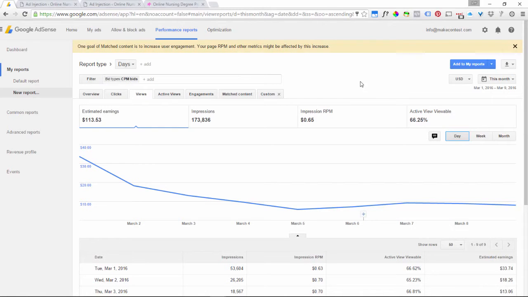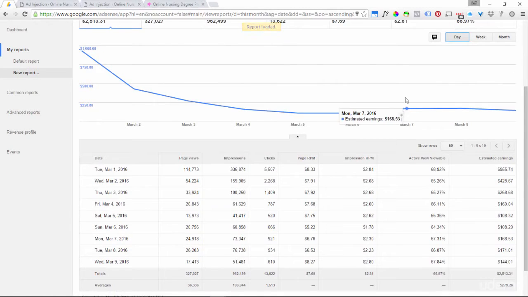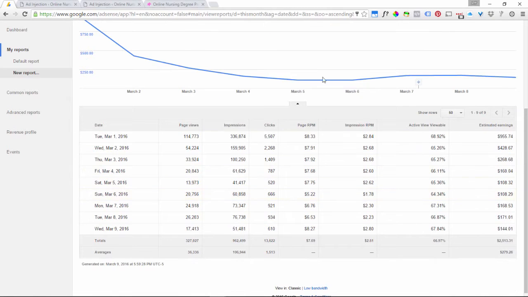with their advertisers. So just want to kind of go back to this overview and then scroll down and show you what it looks like in the table below. There's a graph, and this is earnings. And then in the table, it shows how many page views we have, how many ad impressions. Again, for this site, we have about 3 ads per page. Occasionally, there might be a really short page, and so we might only display 2 ads on that, so it won't be exactly 3 times this number. And then the clicks and the RPM and the